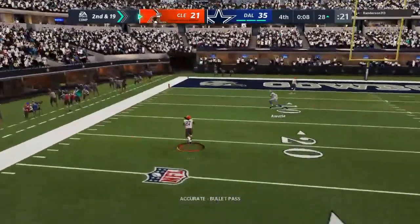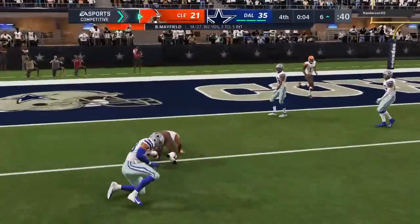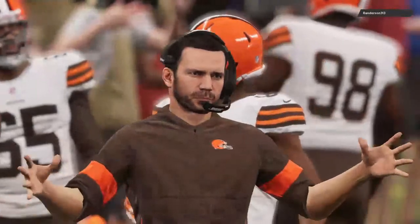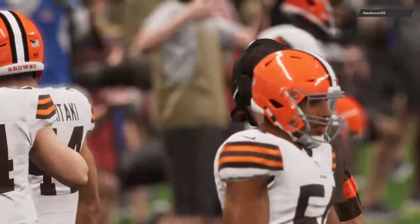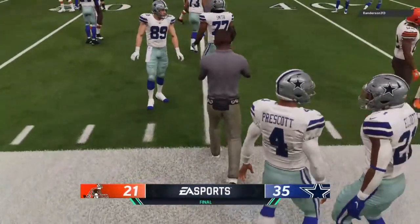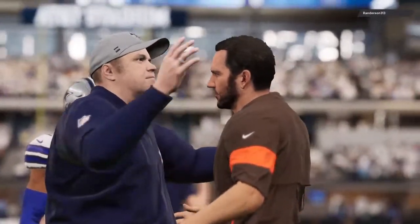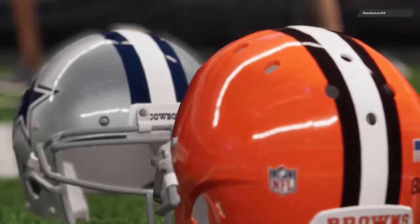2nd and 19. And he completes it to Hunt. And down he goes, taking it inside the 10, just shy of the 5 at the 6. Little scramble drill that time, Mr. Davis. And partner, I can tell you from personal experience, nothing drives a defense crazier than having things covered and the quarterback takes off and picks up a 1st down or big yardage. Because whether you're in zone or man, it's easy to lose track of him because you don't always have someone